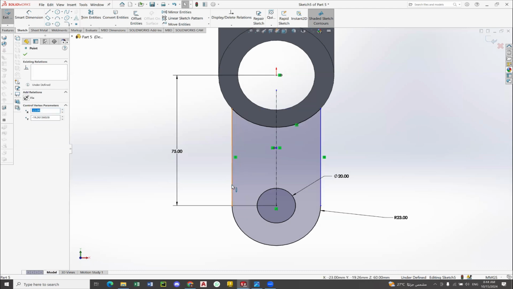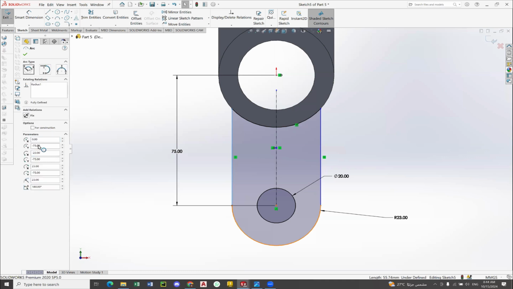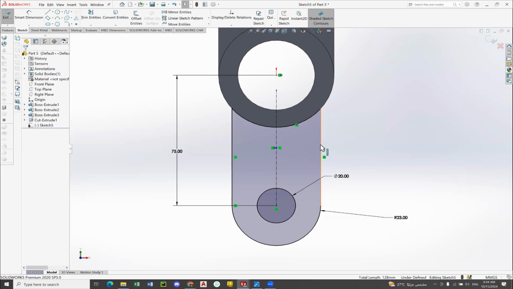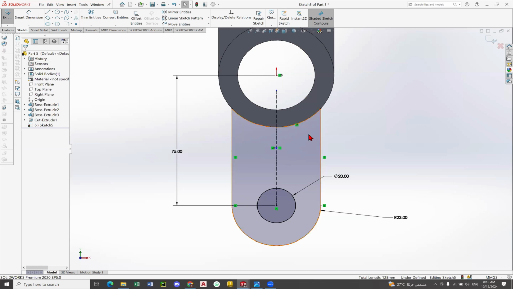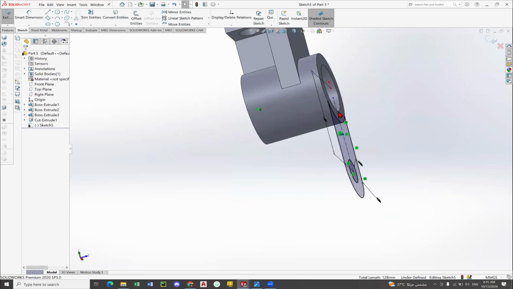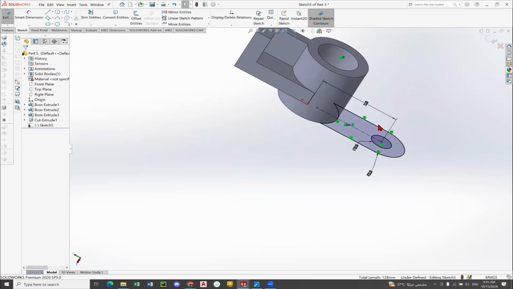And here also left click on this line, control. This circle should be tangent. Left click on this line, this circle, control this circle, tangent also. Okay, so as you see here, it's now fully defined. I can rotate it like this